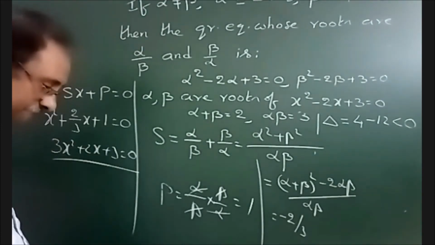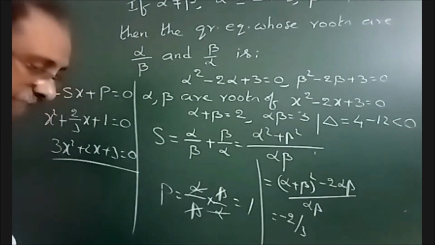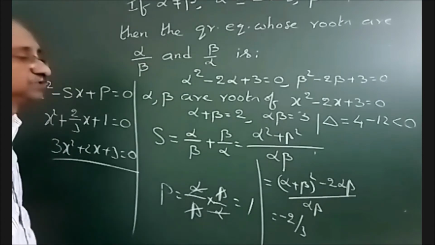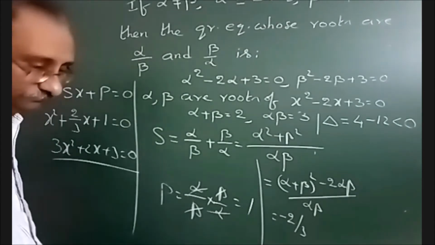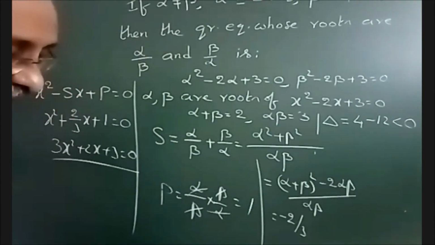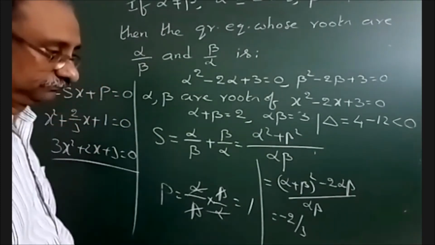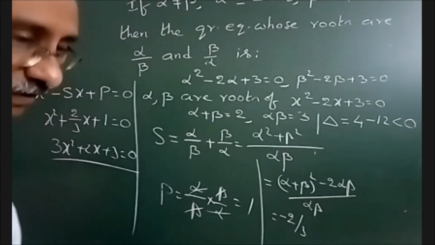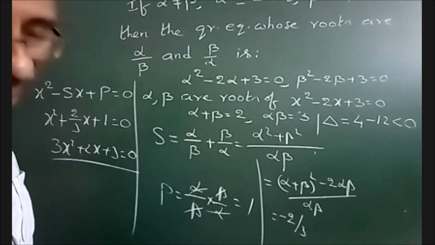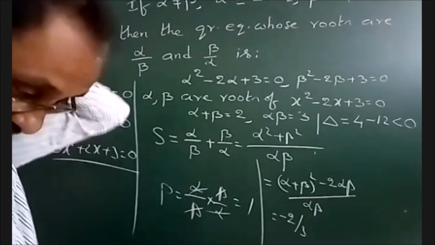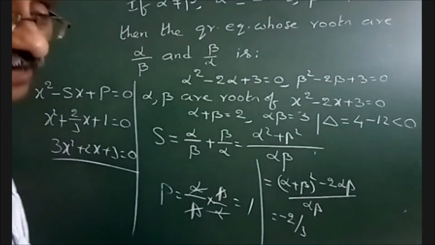Wait for a moment. You do that, I will give you time. So everybody do that. What are the roots of that quadratic equation? Sir, 2 plus or minus root of minus 8, by 2, sir. So one is with the plus sign, one is with the minus sign. Okay. Yes, sir. Then find alpha by beta and beta by alpha.